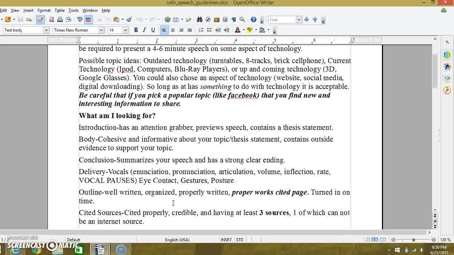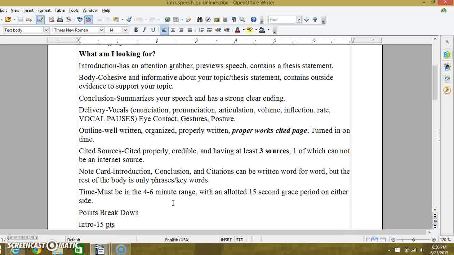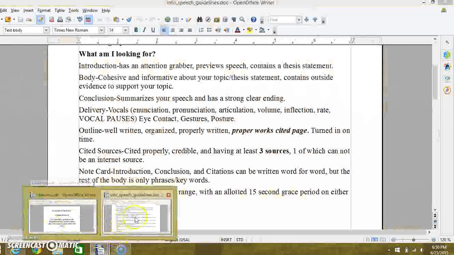If you are able to find one online that doesn't require you to cite it as if it is a web page or as if it is online, that is acceptable. If I cannot tell it came from the internet, and it's still a credible and accurately cited source, that is acceptable. But make sure that you're following the MLA or APA or Chicago style works cited format properly. More specifically, a lot of you were saying in the discussion forum that you didn't know about oral citations of sources in your speech.